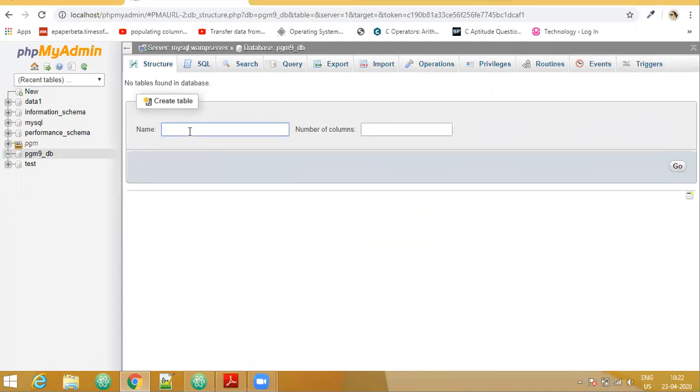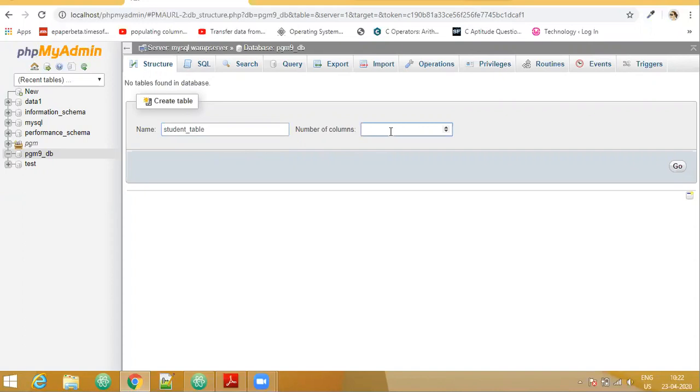So let us give the table name as student_details, or we'll say student_table.